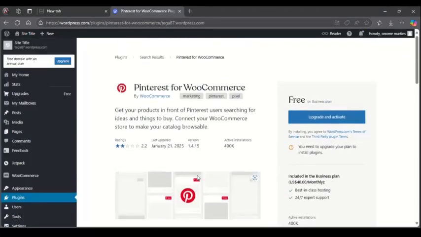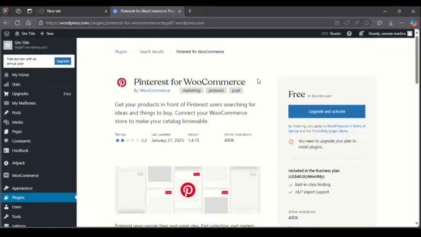If you want to install, the install button should be somewhere around this area here. But currently this account is on the free version, so we definitely need to upgrade it to the business plan for you to be able to connect your WooCommerce store to your catalog. So you just have to make sure you upgrade your plan. After that, install, then let your